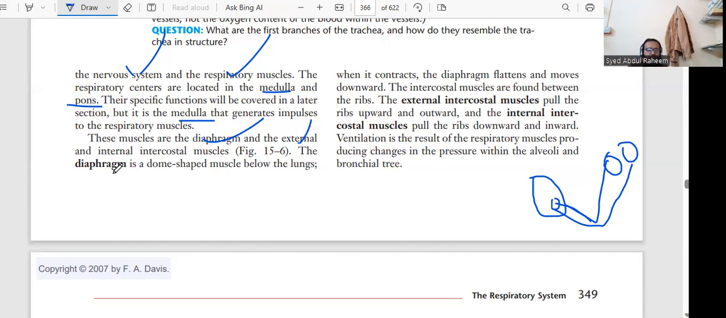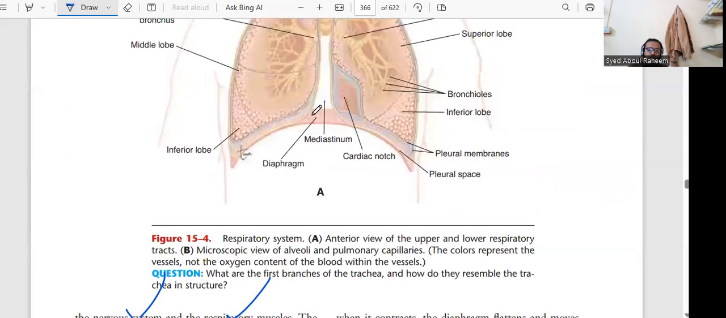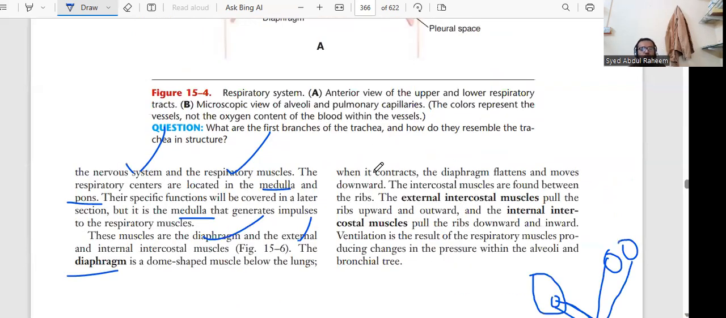The diaphragm is a dome-shaped muscle below the lungs, which we already studied. When it contracts, the diaphragm flattens and moves downward. When it relaxes, it goes upward. The intercostal muscles are found between the ribs. The external intercostal muscles pull the ribs upward and outward, because they are on the outside. Whenever we inhale,